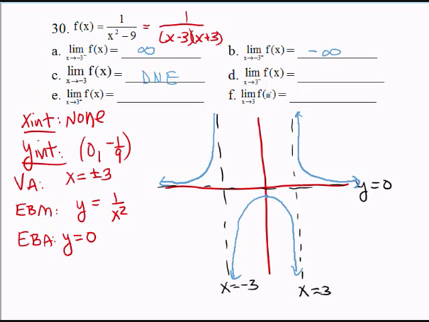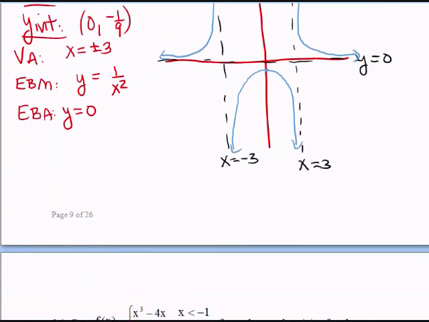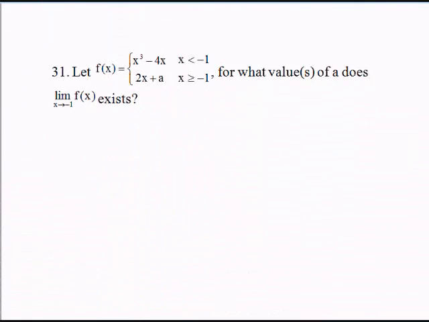X approaches 3 from the left-hand side. That's this asymptote here. My function value is going down, so that's negative infinity. A right-hand limit is on this side over here, so that's going towards positive infinity, and likewise, this limit doesn't exist, since the left and right-hand limits at positive 3 do not agree. So I believe that's enough for rational functions. We're now going to look at how to determine whether or not